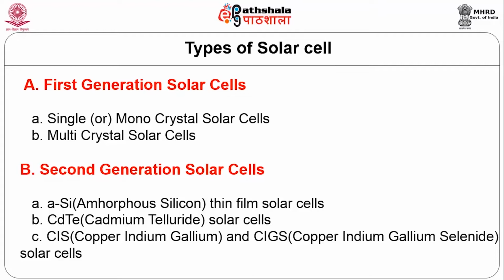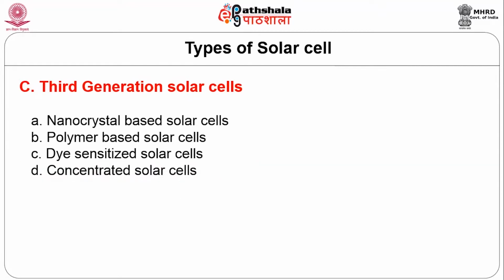The second generation solar cells are a-Si, that is amorphous silicon thin film solar cells, CdTe cadmium telluride solar cells, and CIGS copper indium gallium selenide solar cells. Third generation solar cells include nanocrystal based solar cells, polymer based solar cells, dye sensitized solar cells, and concentrated solar cells. People do a lot of research to enhance the cell's efficiency, but currently